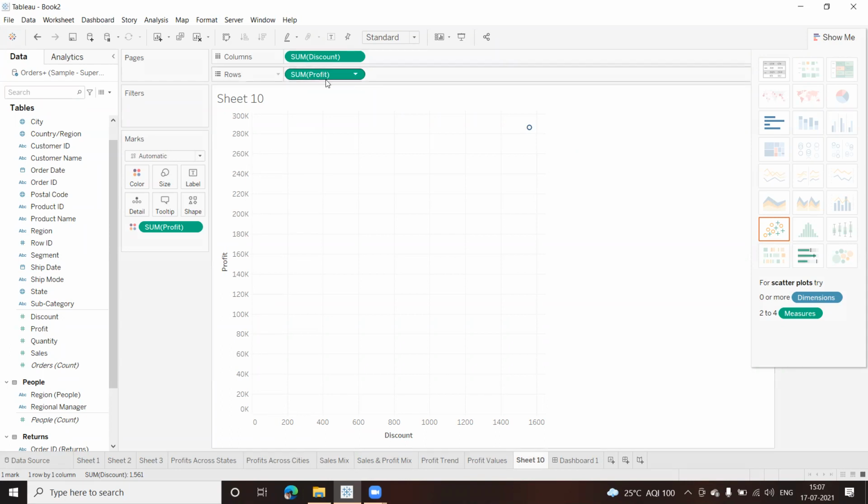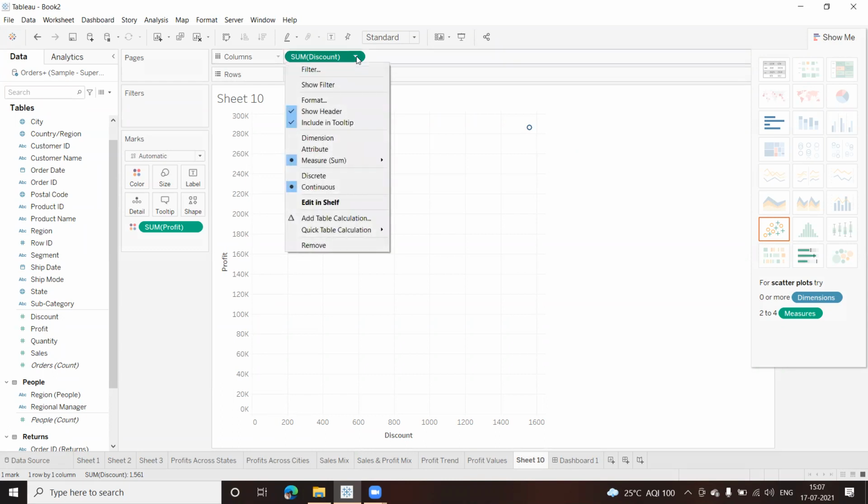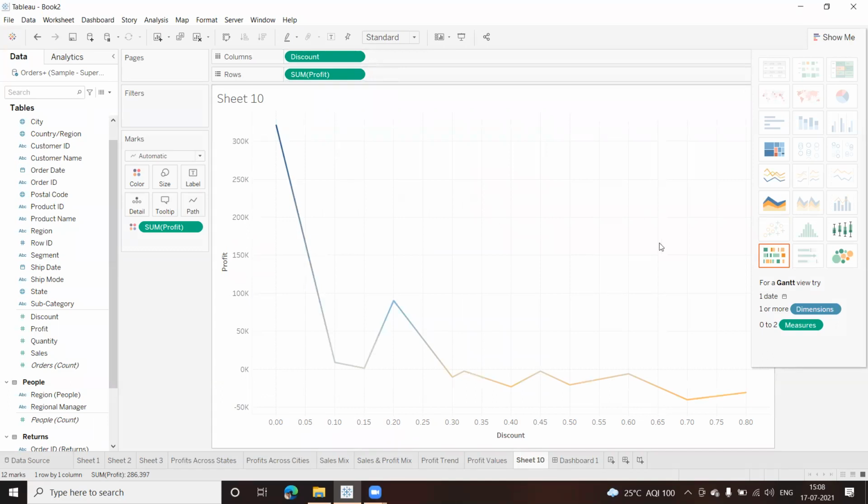So discount versus profit, I want to get discount wise. So I need to click on this. I don't want the sum. So I'll remove the measure and make it a dimension. That's what I've done.